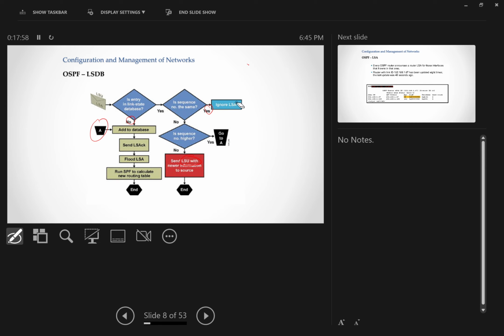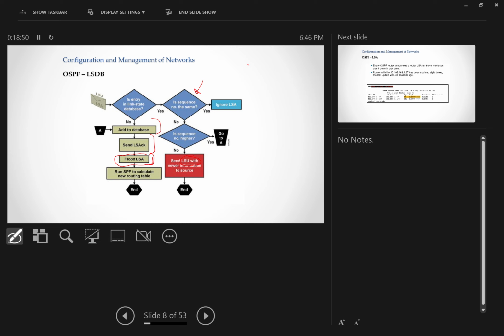So if I do not have it, or if it has a higher sequence number, meaning that it's more recent, then I'm going to add it to the database to build the topology. I'm going to acknowledge that I have received it, and I'm going to send it to my other neighbors. Okay, so I receive this from one neighbor and I send to every other neighbor. This is why I need to have the sequence number, because this is flooded to everybody except the one that I received it from. I need to stop this if I start receiving the same information repeated, and I know that because I receive another LSA or LSU with the same sequence number, so I know that I need to ignore it